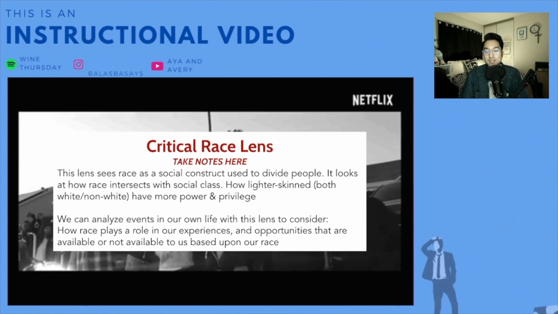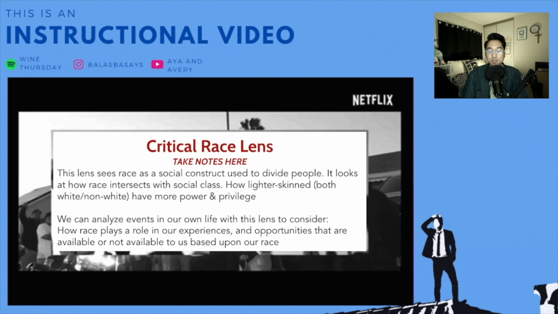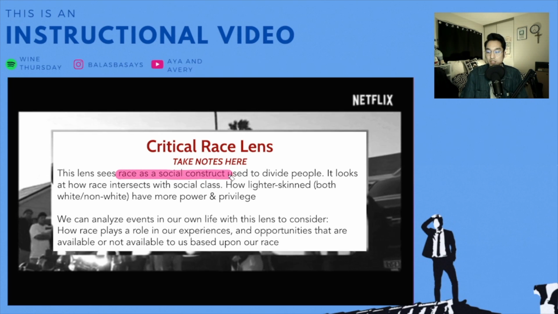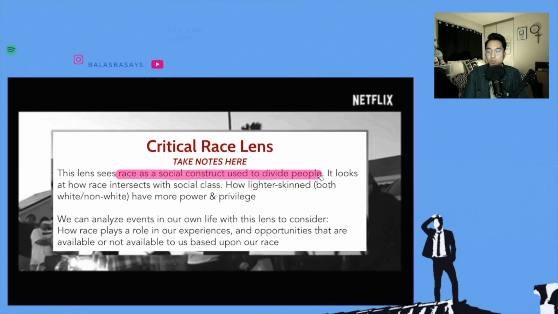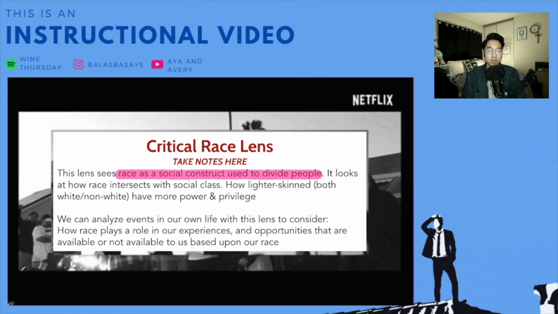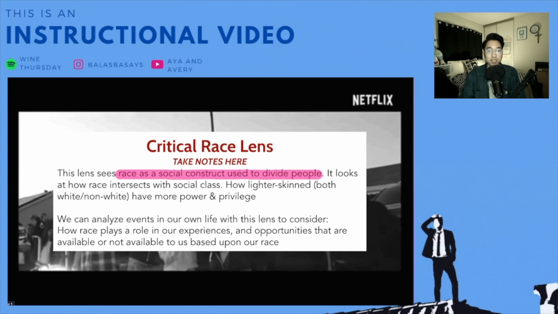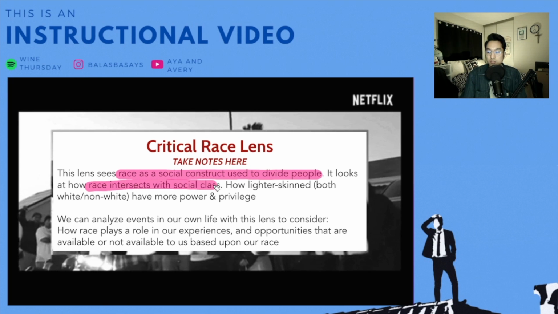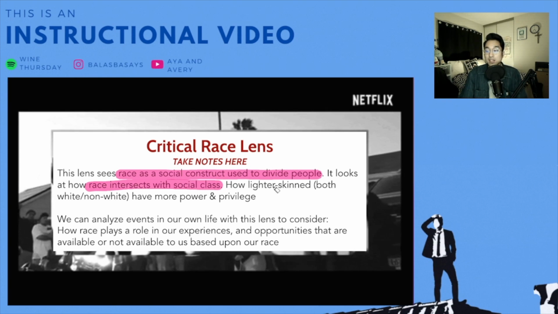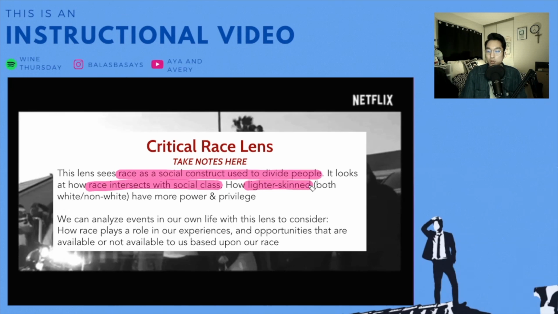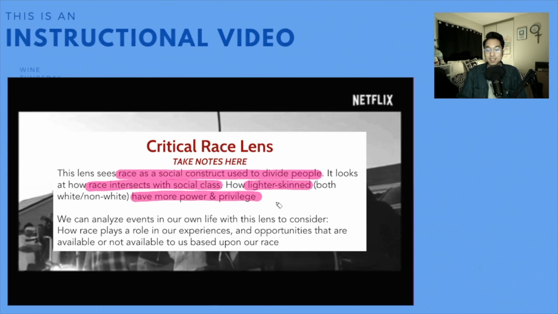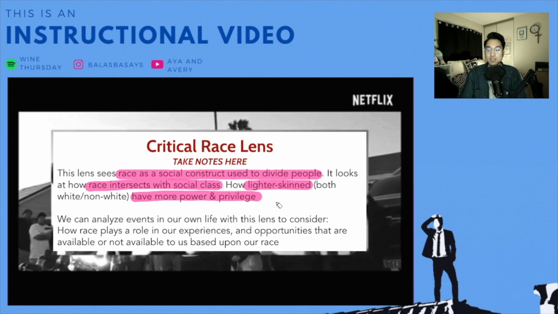So the critical race lens, like in lesson 3 with feminism, gender, and sexuality, is looking at race as a social construct and how it's used to divide people. The division of groups of people, right? Looking at how these manipulating dominant forces are causing race to intersect with social class. The critical race lens allows us to look at how lighter-skinned people, both white and non-white, have more power and privilege than others. We can analyze events in our own life with this lens to consider: